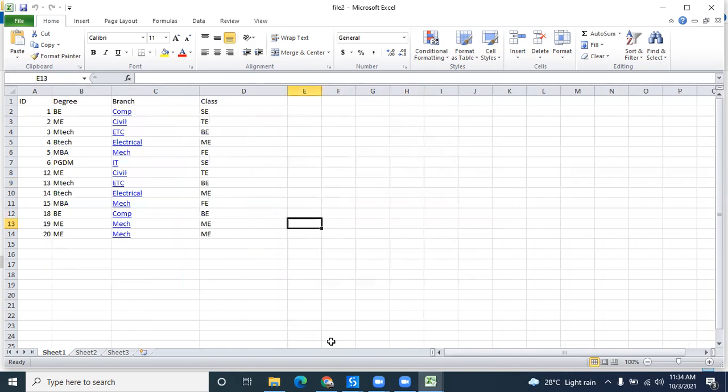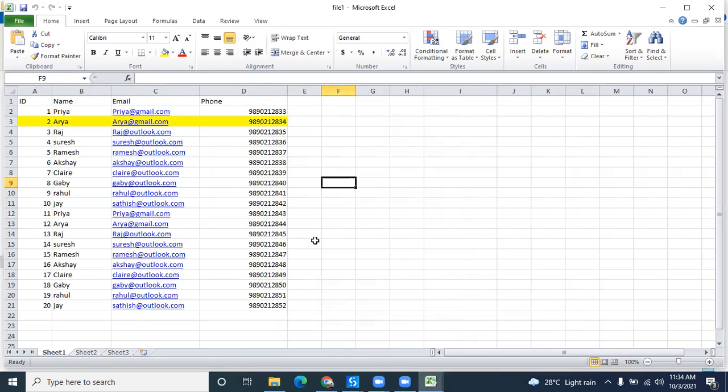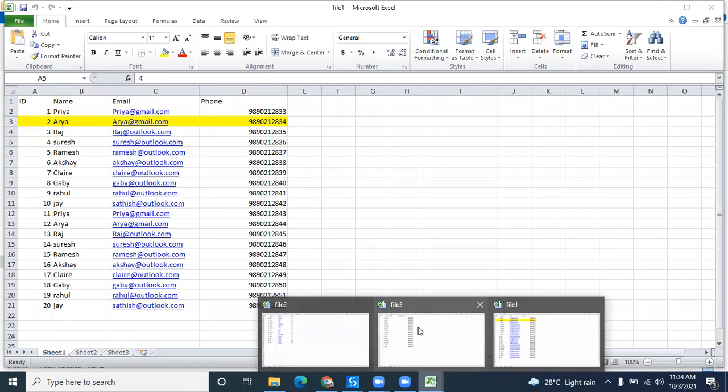Thanks. So now my requirement is I have to find out all IDs that have values in the first sheet, because in the first sheet all the values are present. All 20 values are present in the first sheet. Now my condition is I have to check ID is common in all the three files. So I have to check IDs available in the second file and third file.